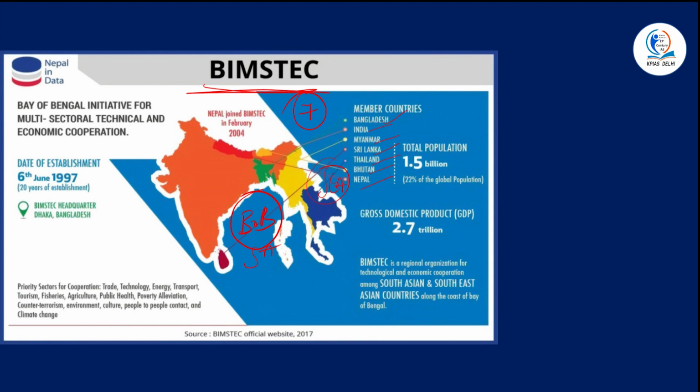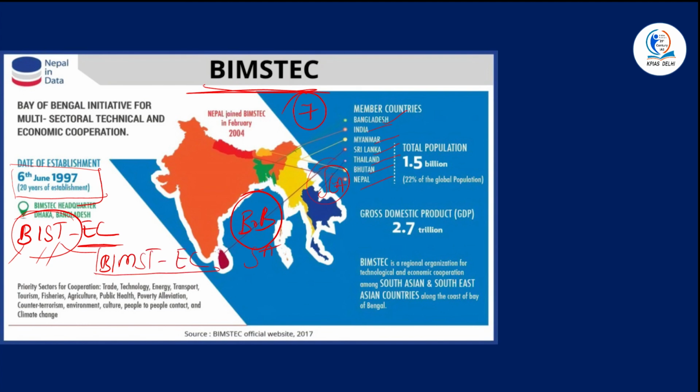If you talk about the historical evolution of BIMSTEC, as I told you, it was established in 1997. With the inception of its establishment in 1997, it was designated as BISTEC, because only Bangladesh, India, Sri Lanka and Thailand, for economic cooperation, used to be members of this particular grouping. After that, the renaming happened in 1997 itself. It became BIMSTEC.